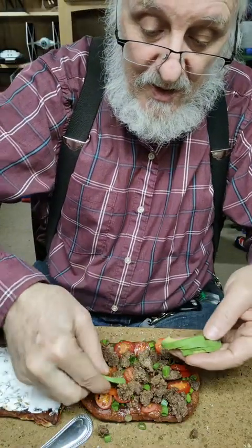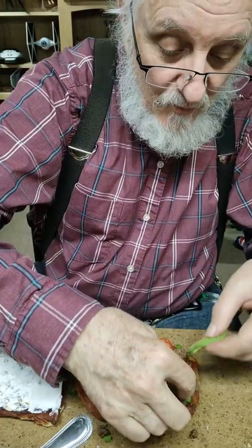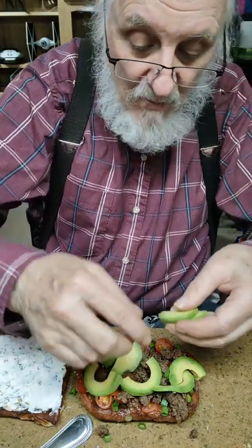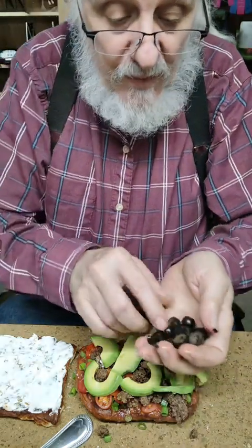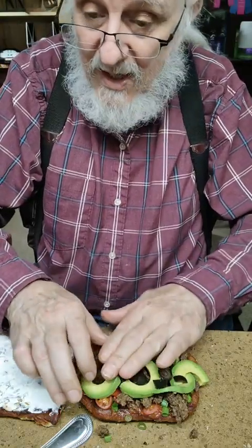Because not only is Homer Simpson smart, he makes some good stuff with avocado. All right, got the avocado on there. Need some of these black olives as well on this, and